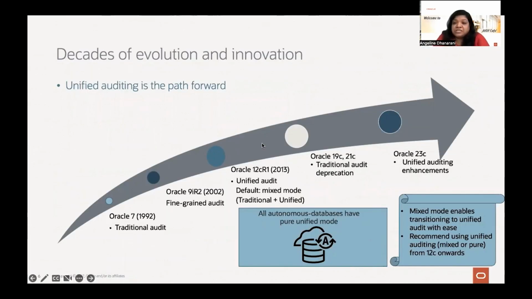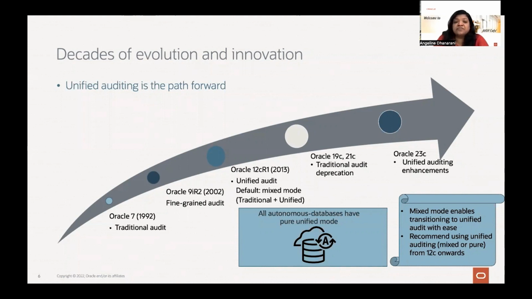Unified auditing started in 12c. In Oracle 12c, we introduced unified auditing, in a mixed mode where you had a flavor of traditional and unified. Prior to that, when we started with Oracle 7, it was traditional audit, the standard audit flavor, where you had statement audits, privilege audits, and all the SYS operations audited.